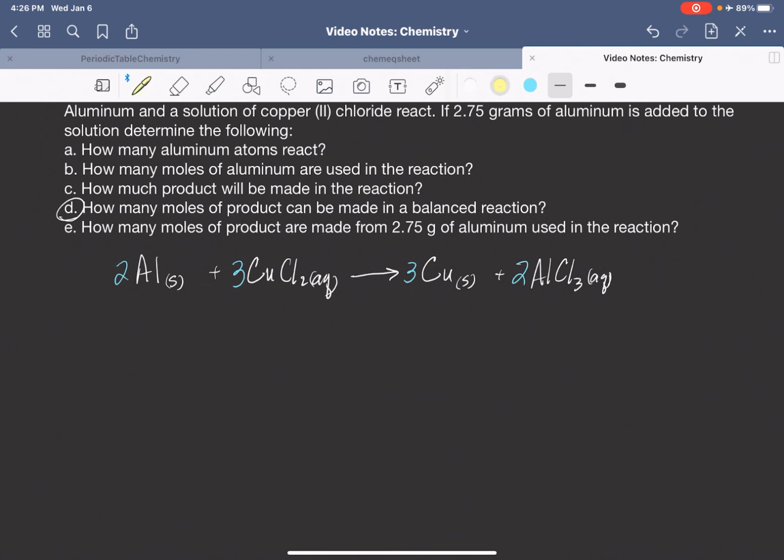Okay, so now, let's think about this for a second. How many moles of product can be made in a balanced reaction? This is a generalized question. It doesn't matter if we start off with 2.75 grams, 275 grams. It's just asking generally how many moles of product can be made. In this balanced reaction, you see that there's 3 copper and 2 aluminum chlorides. The coefficients tell you the number of moles. So the answer to the question is,